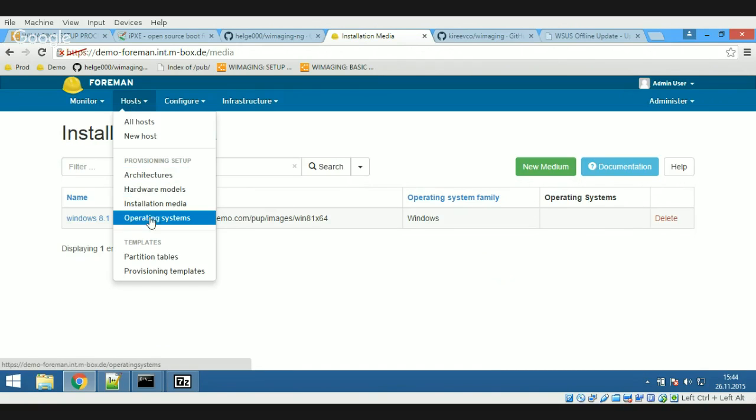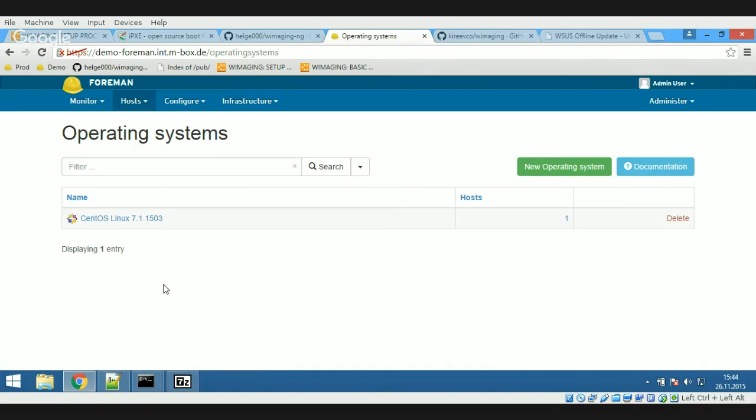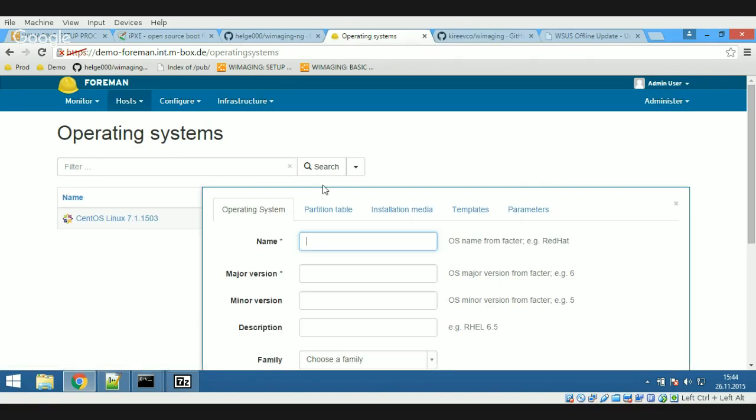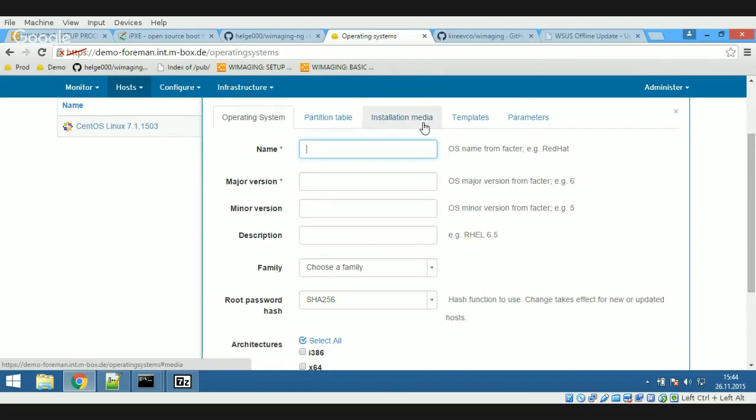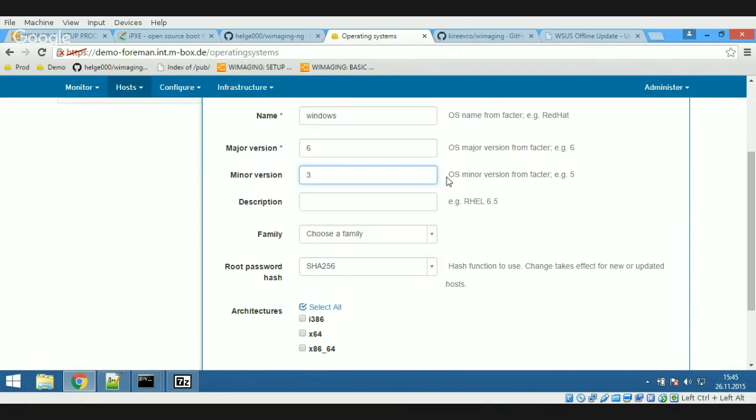Okay, now let's head out and create an operating system. There are some things you need to take care of. Since you have maybe Puppet installed, this gets changed later on, or you still need to use all the fact names from there. So it will be Windows 6.3, what I call Windows 8.1. It will be Windows as your family,